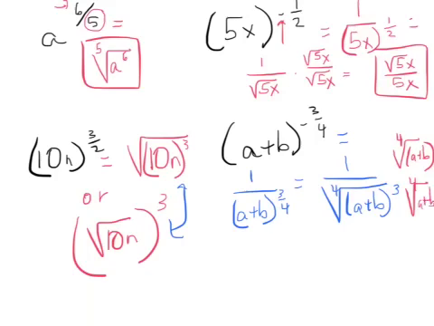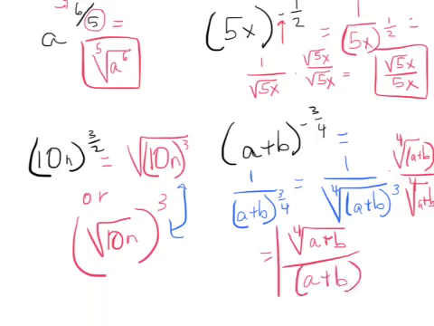Sorry, I'm out of room. And so what that's going to give me is, in my numerator, the 4th root of a plus b, and now I've got a plus b to the 4th power under that 4th root sign, which is just a plus b. So this would be